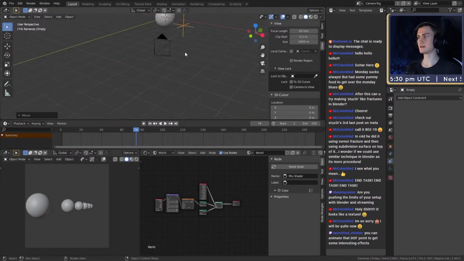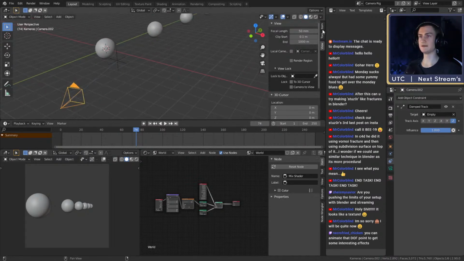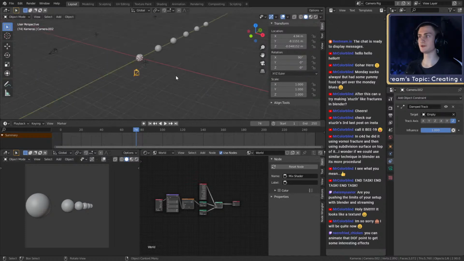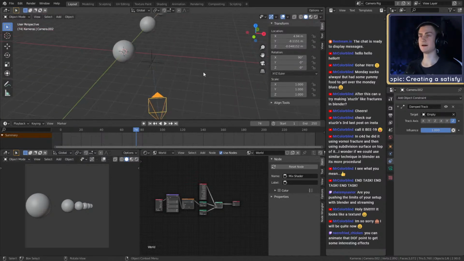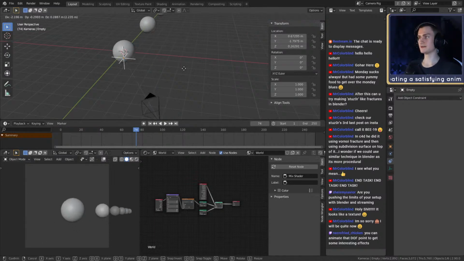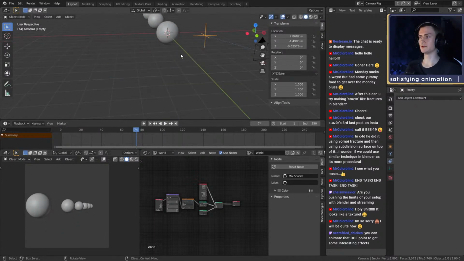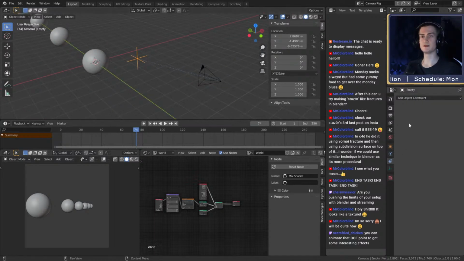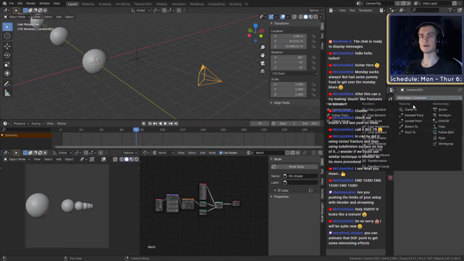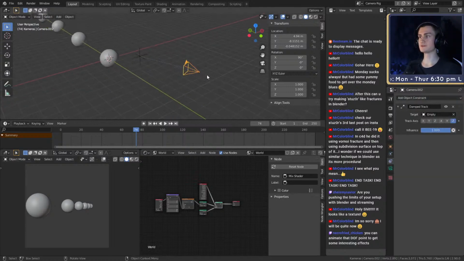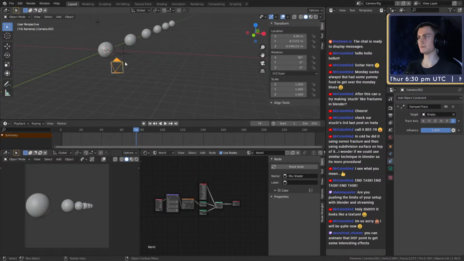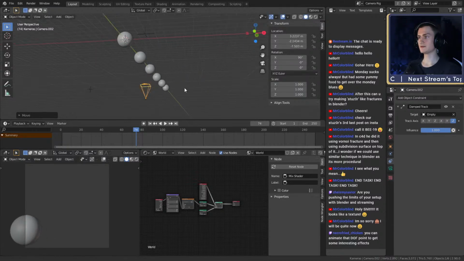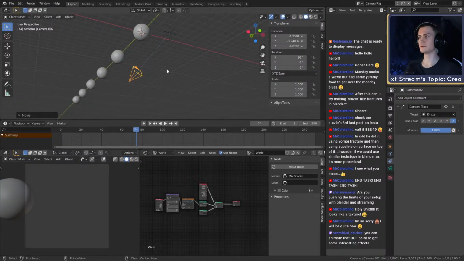That's just way easier to set up than always having to rotate, and for example, going in here, setting the rotation manually for every single value. You can just move this around and have your focus point always where your empty is. One thing though, that's why I said you have the option between the damped track or track 2. The difference between the two is, if we, for example, move this empty somewhere else, you can see it kind of rotates differently. For example, if you move it over here,